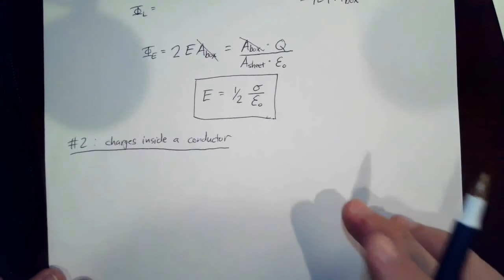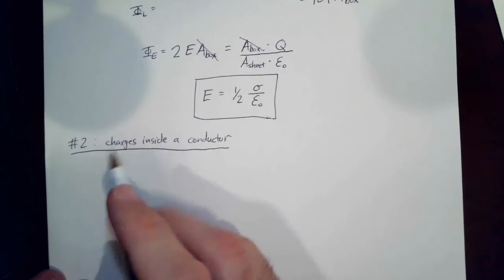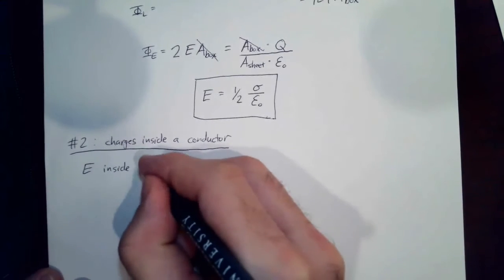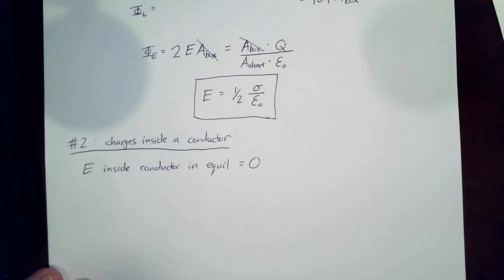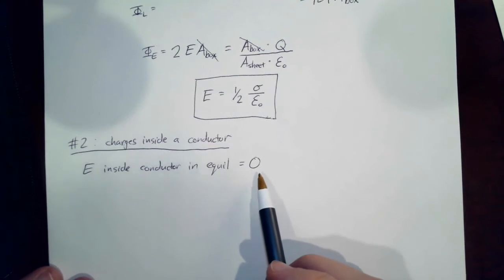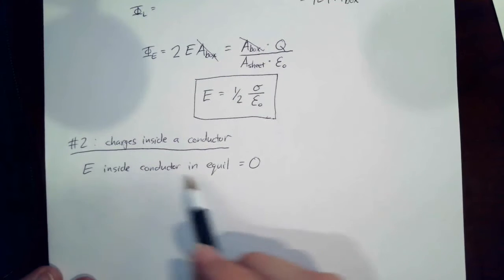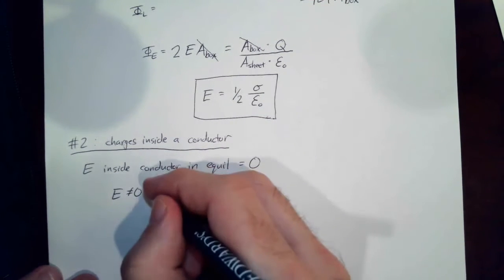Okay, so application number 2. Remember that we said that the electric field inside a conductor, when it's at equilibrium, is equal to 0. And the reason for that is because if the electric field wasn't 0, so I'm going to do a quick proof by contradiction here. If E was not 0, then